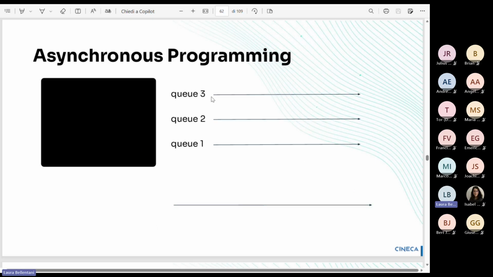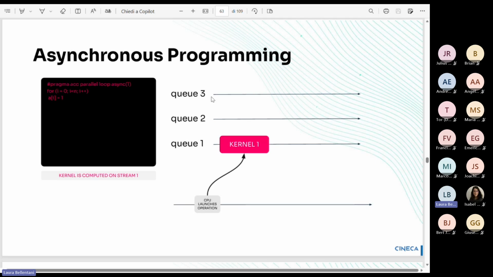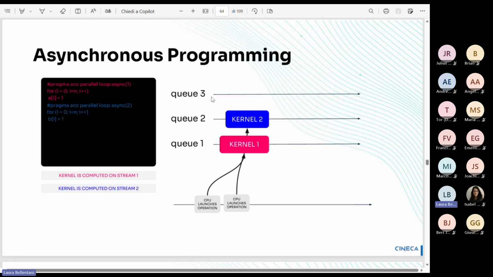On GPUs this is possible because the GPU has different queues called streams, where you can launch your kernels. So in the previous example, we can launch the first kernel, filling of A, asynchronously on the first queue. Then we can launch the second kernel on the second queue. This can be done in OpenHPC, for example, using the async clause with the number of the stream in brackets.